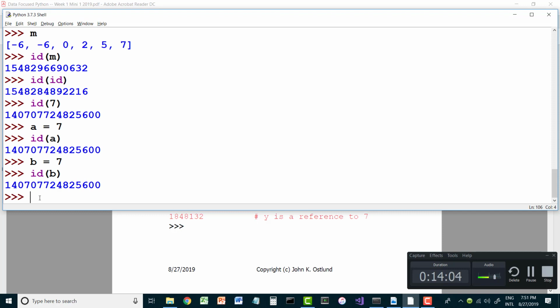Every object is stored in memory at some location, and so everything has an ID. It appears to be the case that when Python starts up, it pre-allocates memory for a bunch of small integer values. I haven't done any testing to figure out what the range is, but if I look at the ID of